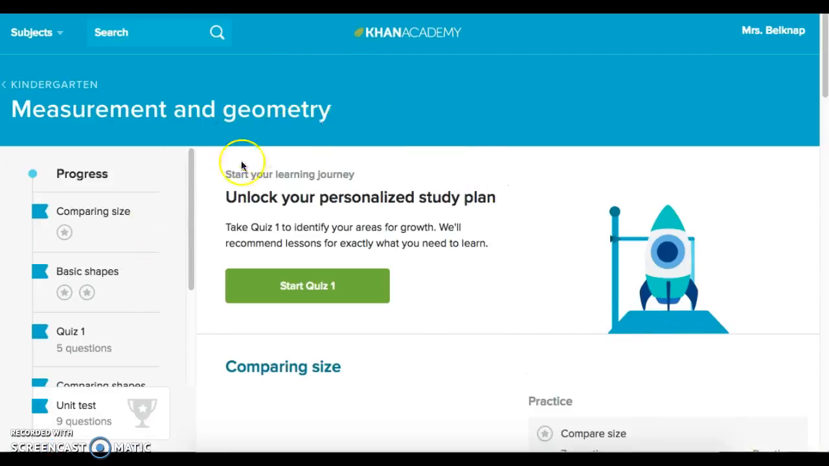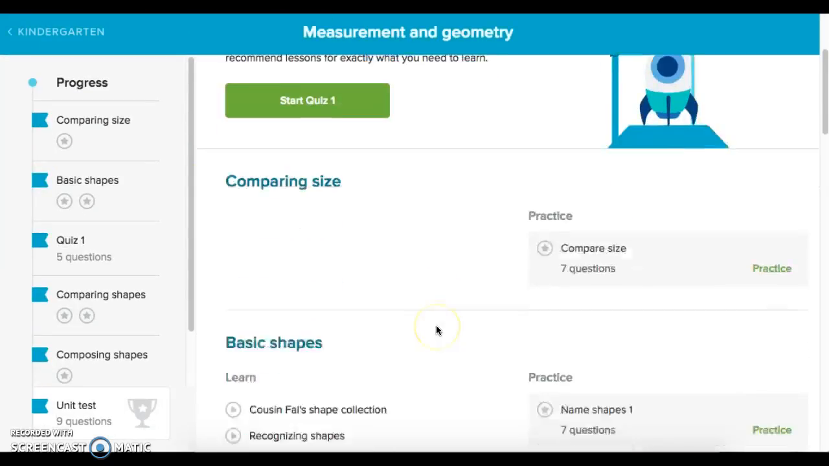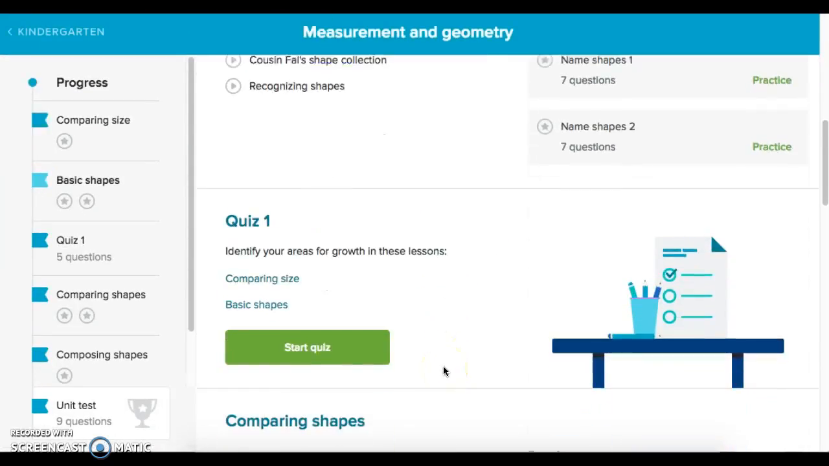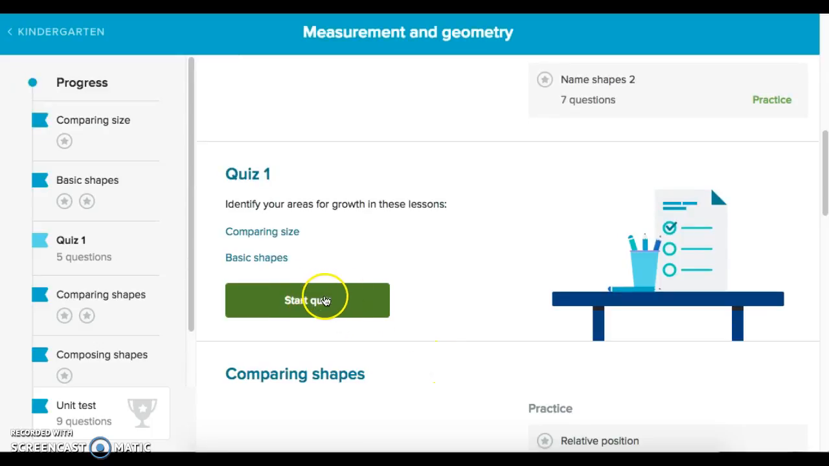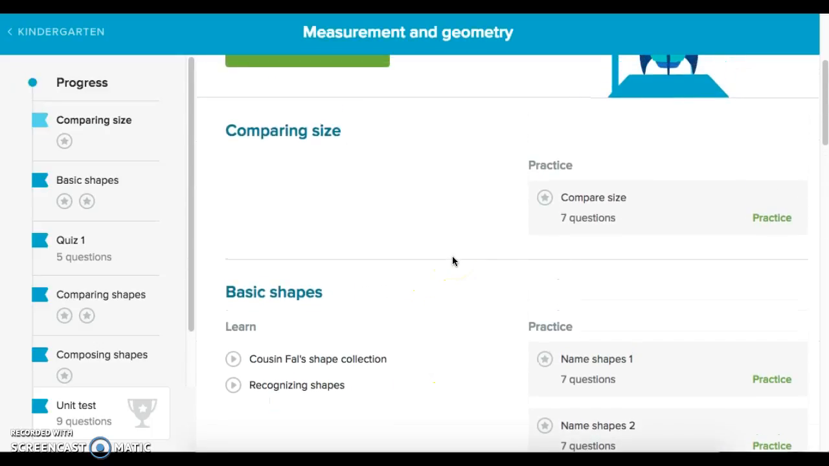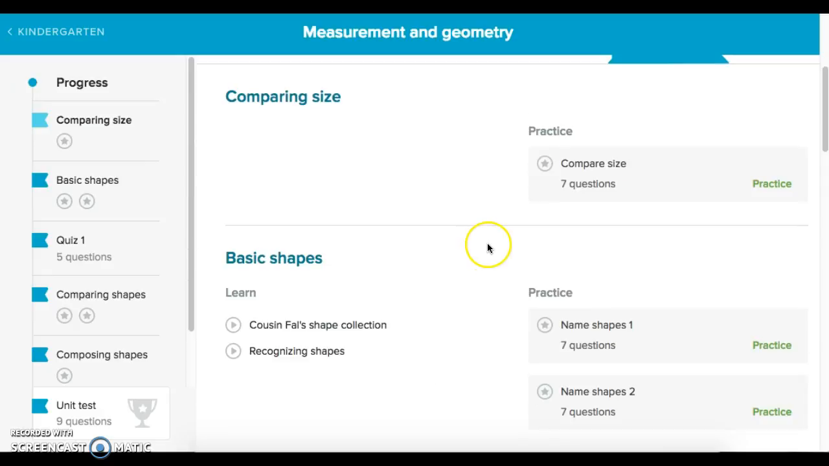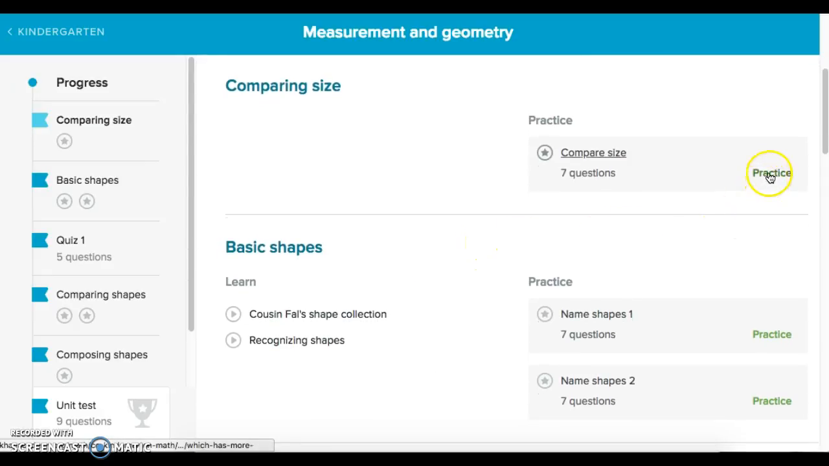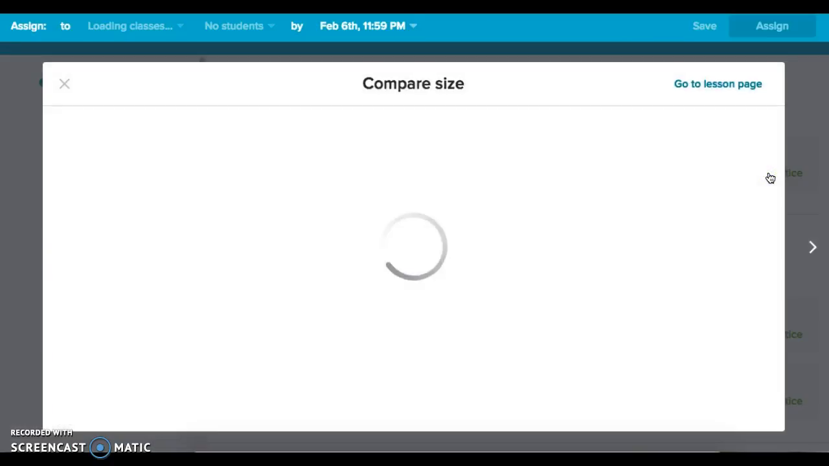And here we are back at the measurement and geometry. So there's practice quizzes that you can do, and then you can start the quiz. So these are practice kind of assignments that you can have before you take the quiz. And let's look at one of the practices,